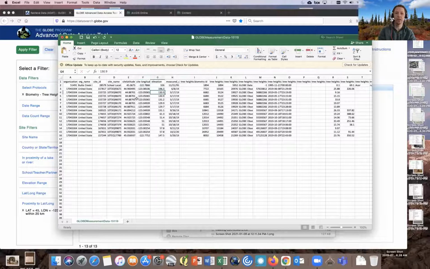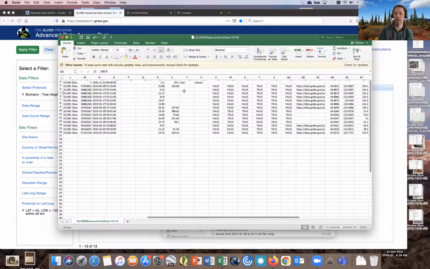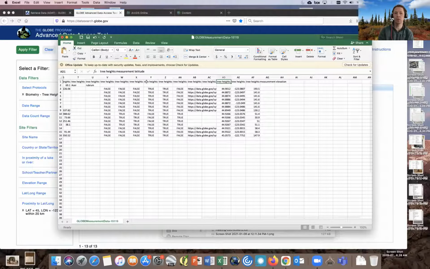Because when you look down, you can actually see the locations where they are the same site, the same 100-meter area, right? And so when I actually do this mapping, we're going to want to go all the way over here to the edge. And here we have the measurement latitude. So I'm going to just fix this database a little bit and call this the latitude and longitude. And that will help us when we actually do our mapping. If I change this right here to the latitude and longitude, our software will automatically recognize those fields